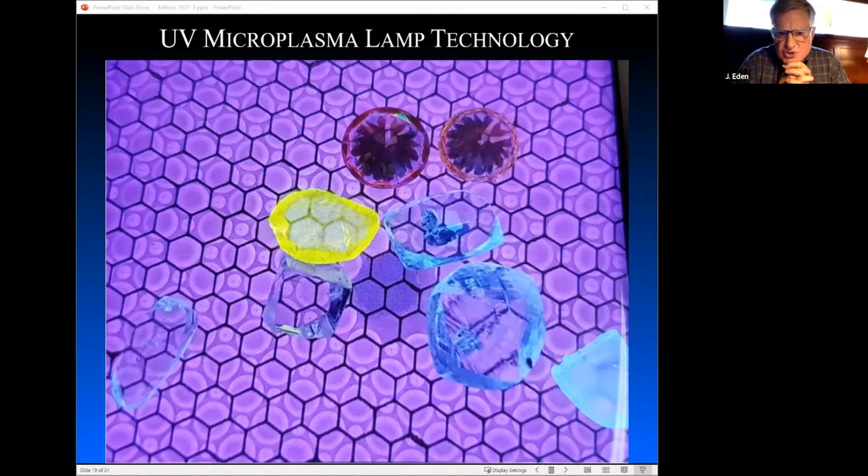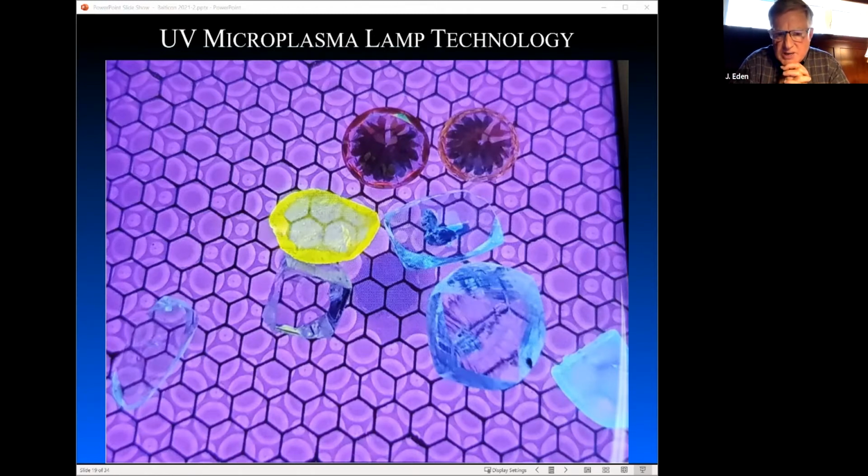The reason I wanted you to see this is that because the wavelength of the light is so short, you're able to see things in materials that were not observable previously. So these diamonds